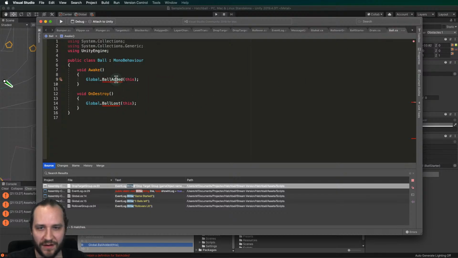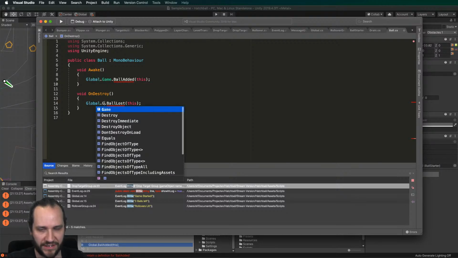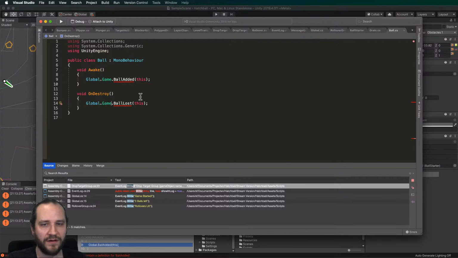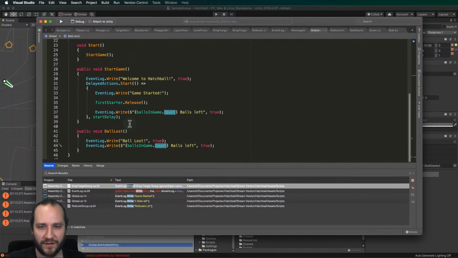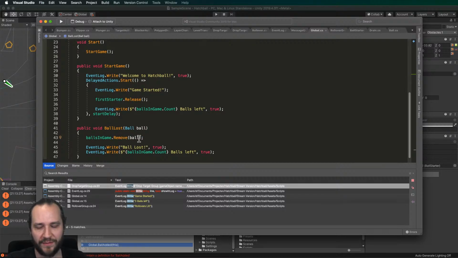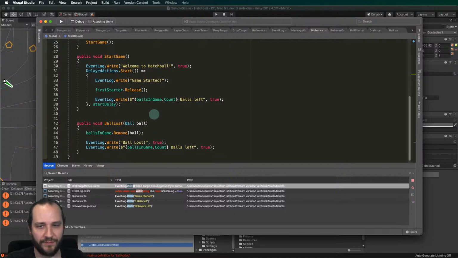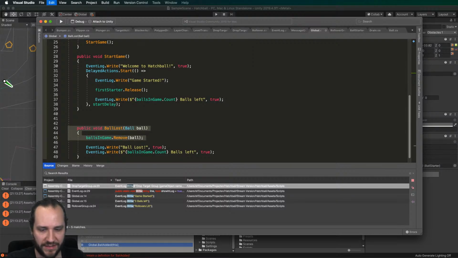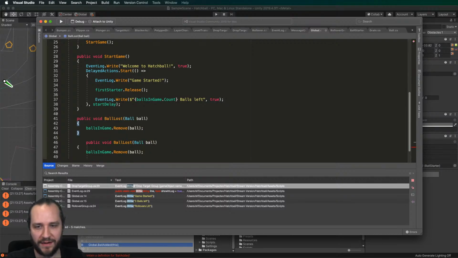When a ball is added, I said ball added, and when a ball is lost, I said ball lost. So I need those two methods here. Ball lost, that ball is lost, which means I release it. I remove it from balls in game. It should always be in there because it was put in there first, which means I need to put it in there. I'm copying this and adding